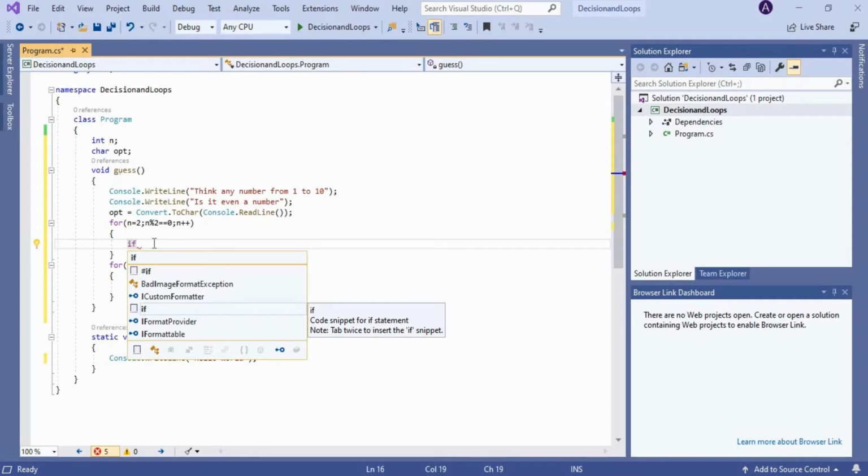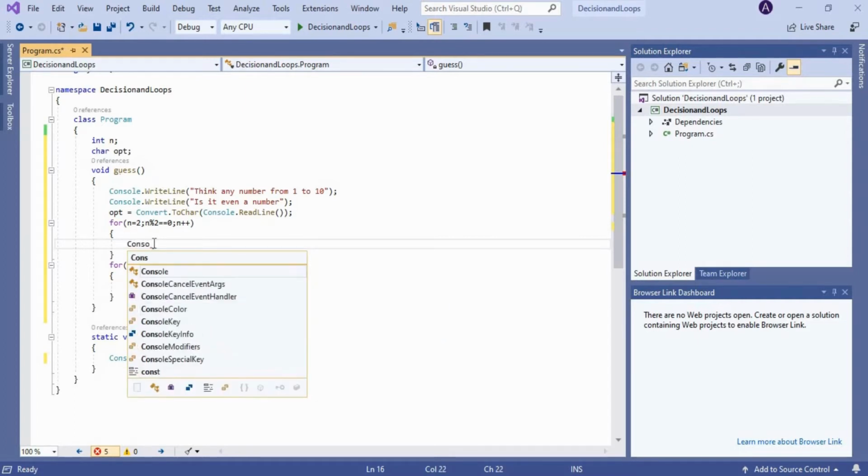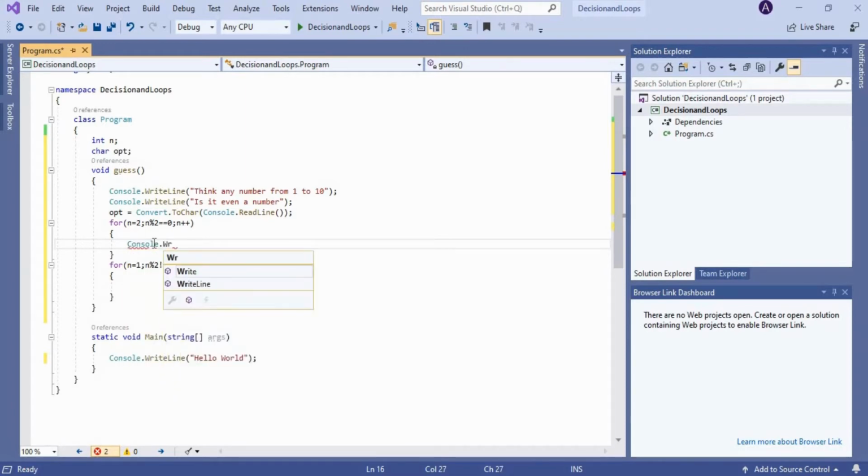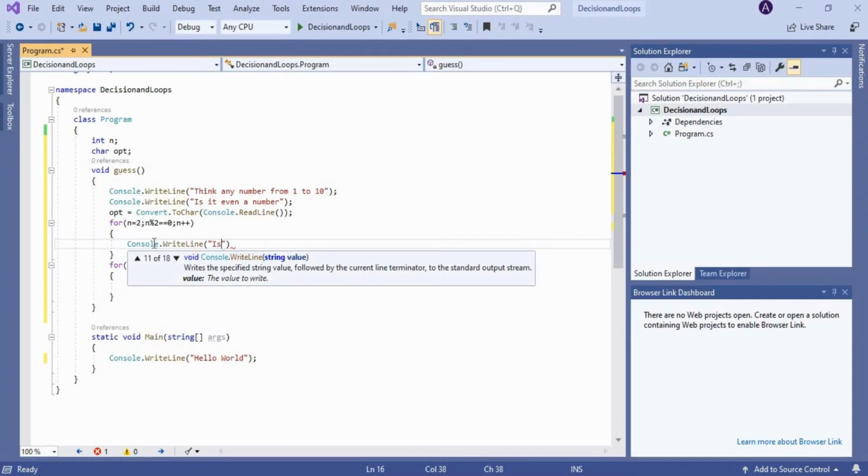So for that, I am going to ask the user Console.WriteLine of "Is the number smallest of all even numbers greater than 0?", right?